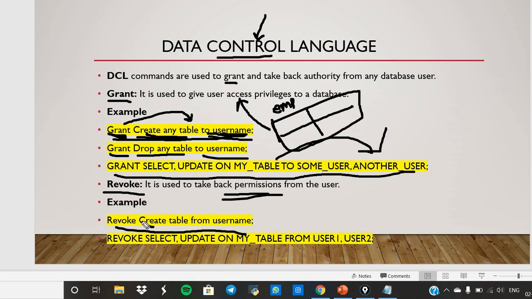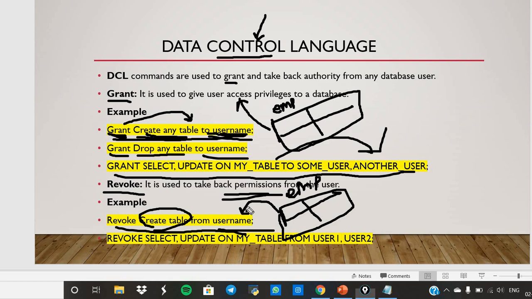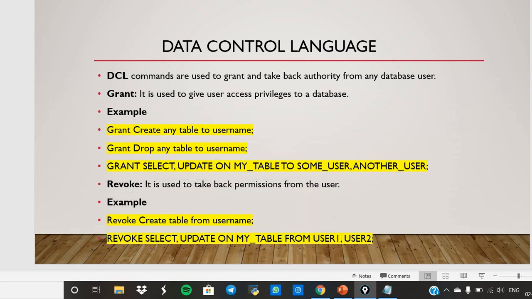If the user can create a table, for example this employee table, and you find that the tables have been copied or there are any issues, it will take back the permission from that particular user. The table will be taken back. So this is about grant and revoke.